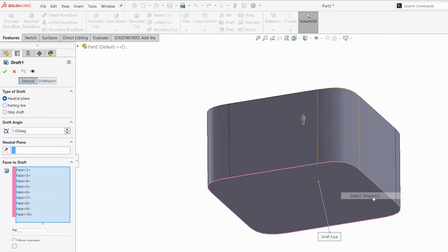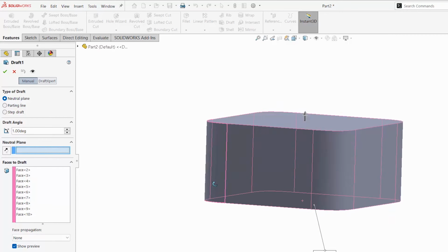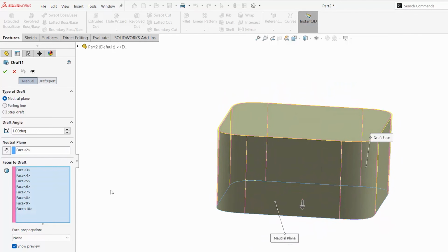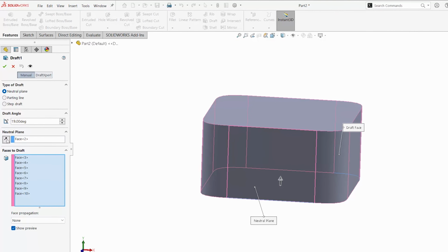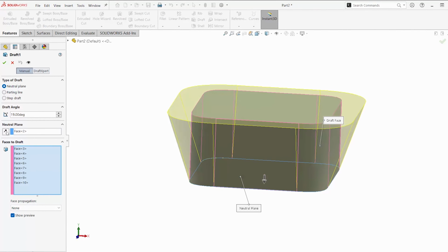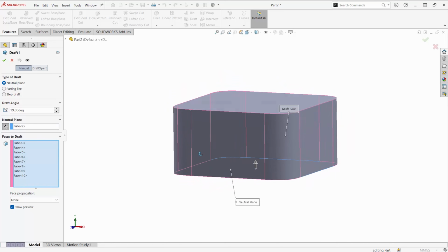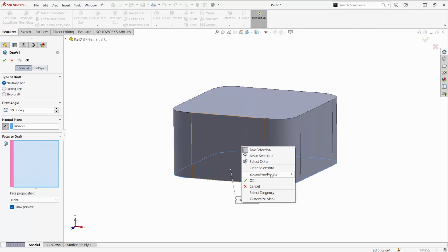So general advice would be to complete your part design, add your fillets in last after your draft, and make sure that you're able to build everything properly. Remember, the key here is your design intent. What are you going to be having to change on this model? And if you want things to update smoothly when you make those changes at the top of the feature tree, make sure that your fillets are down at the bottom so that you don't end up getting failures to draft like we're getting here.